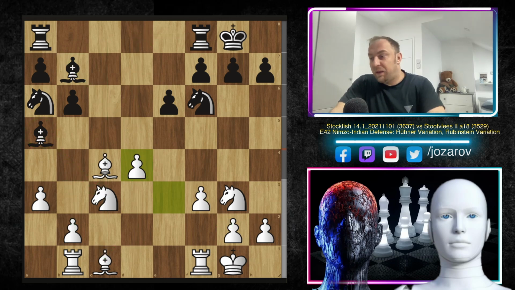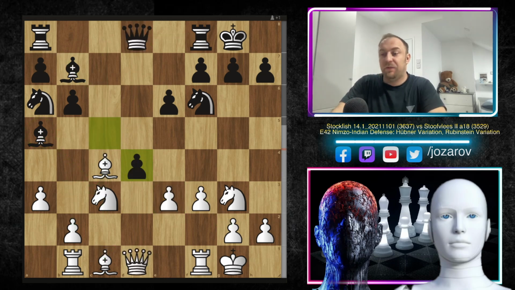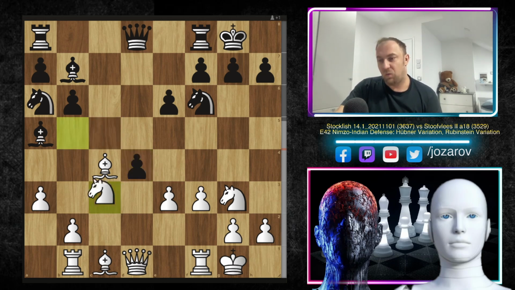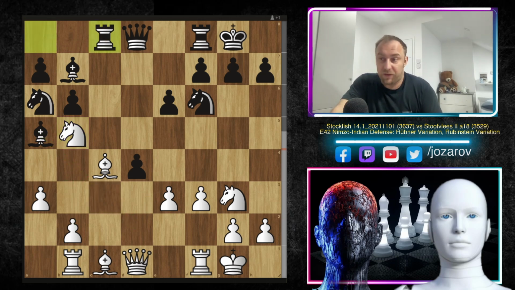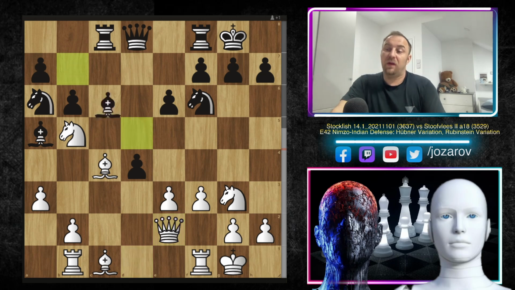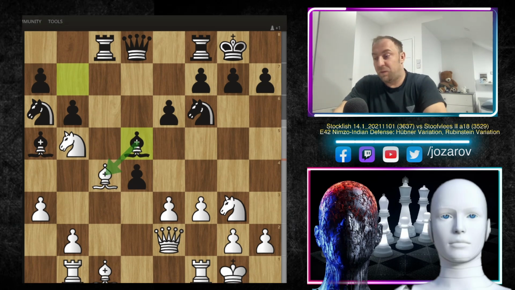But here after move c takes d4, white doesn't have to play around the d4 square. Now white can play knight to b5, and you see now the b4 move is a serious threat. You don't have any good squares for your bishop. In the near future maybe you can try this idea, a rook to c8 in order to attack the bishop, and now the main line would be something like this: queen to e2. Now black has to play bishop to d5 in order to continue the pressure around the square c4, but now